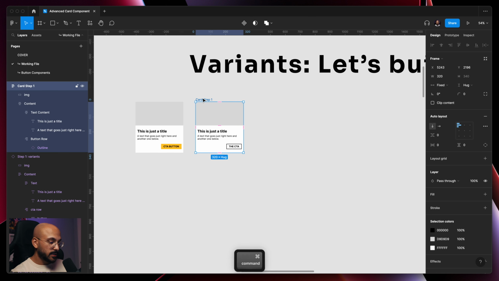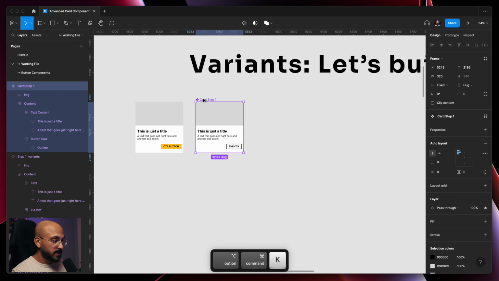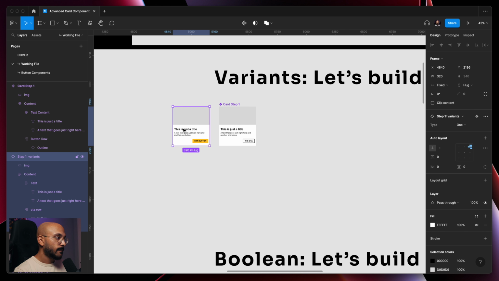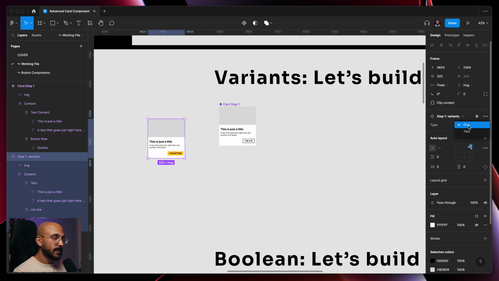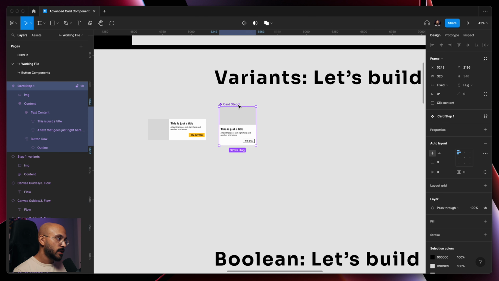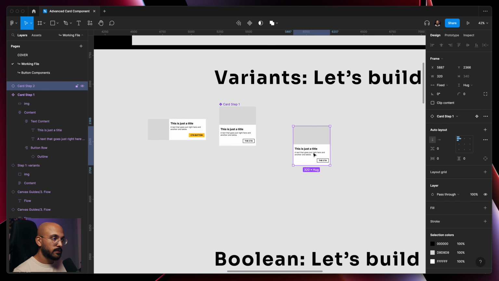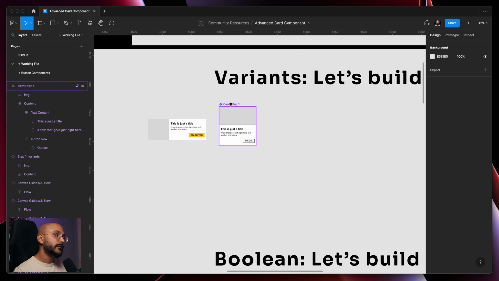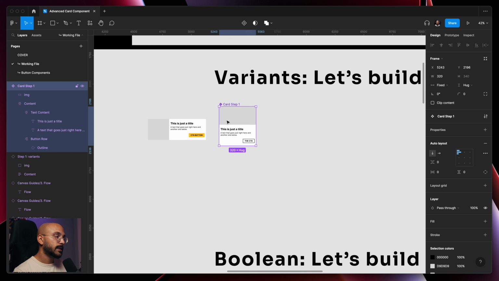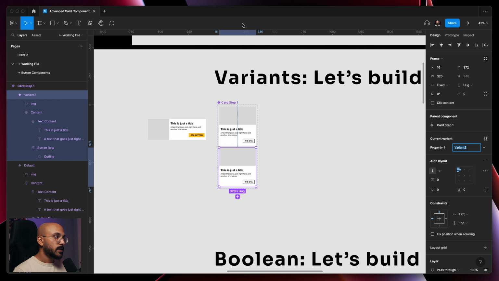Perfect. So let's turn this into a component. Command Option K. Now we can see that in this example, we had type 1 and then we had type 2, right? So for this one, for the first variation, everything works as expected, which is cool. But now we want to add another variation, and we do that by clicking on this, and then at the very top you have add variant. There's a lot of ways you can go about doing this, but we can just click here,